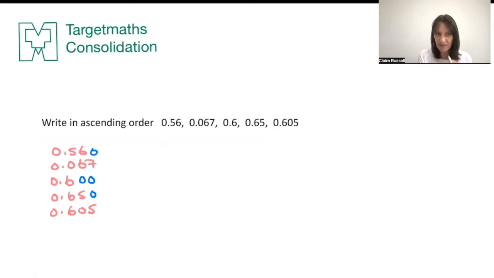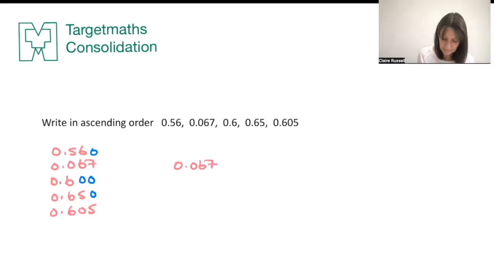When you've done that, you can then read it without seeing it as a decimal anymore. So I could see that as 560. I could see that as 67. So this makes it much, much easier to order. Now, ascending order means you start with the smallest. So the smallest is